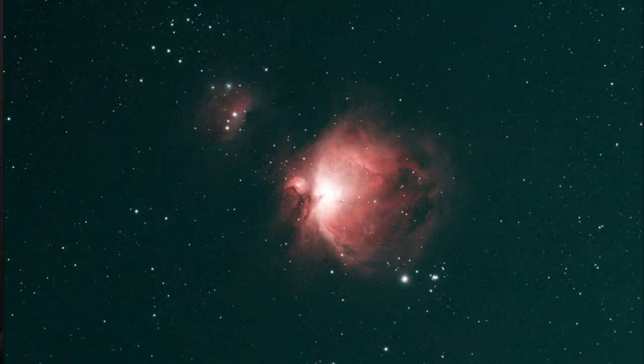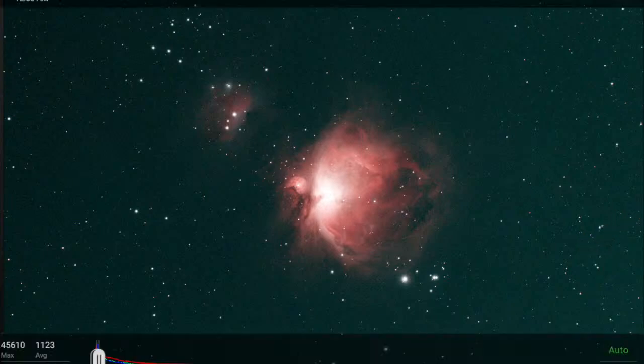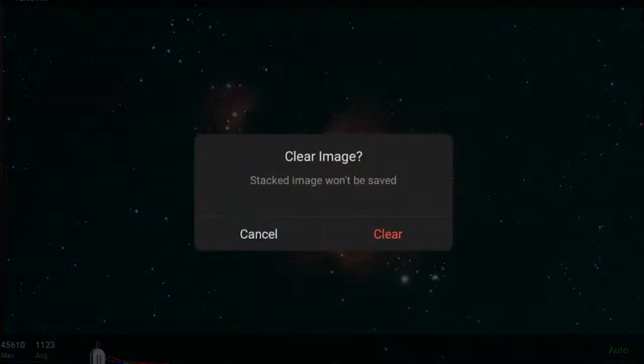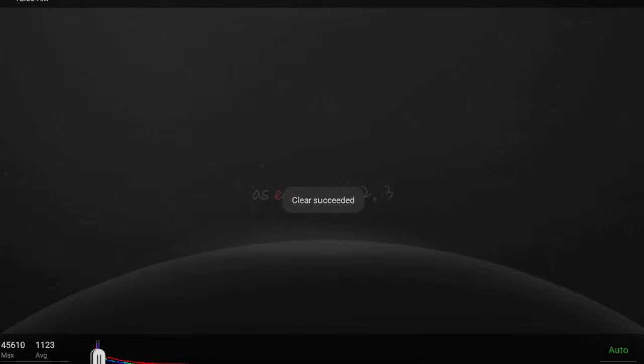Where's my C2S2? There it is. All right, you can go ahead and restart it. Oh, it just wanted to continue it. Yeah, we don't want to continue it. We want to go ahead and stop it and clear it. I don't know how to clear it. Is there another button? Yeah, there's a button over on the right-hand side. It looks like a broom. There we go. Thank you. All right.